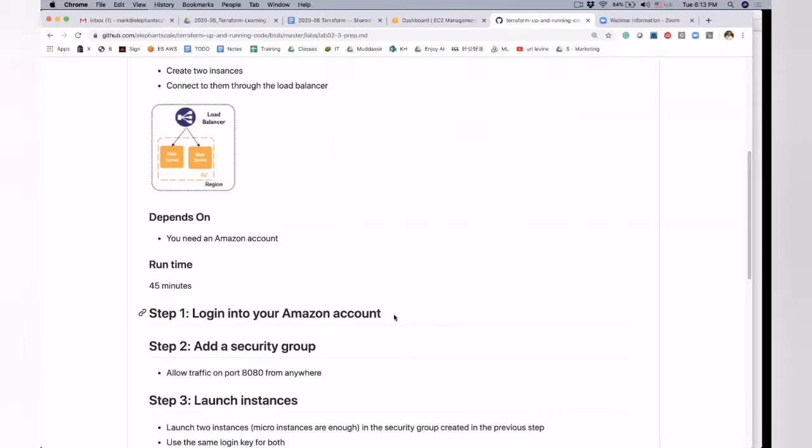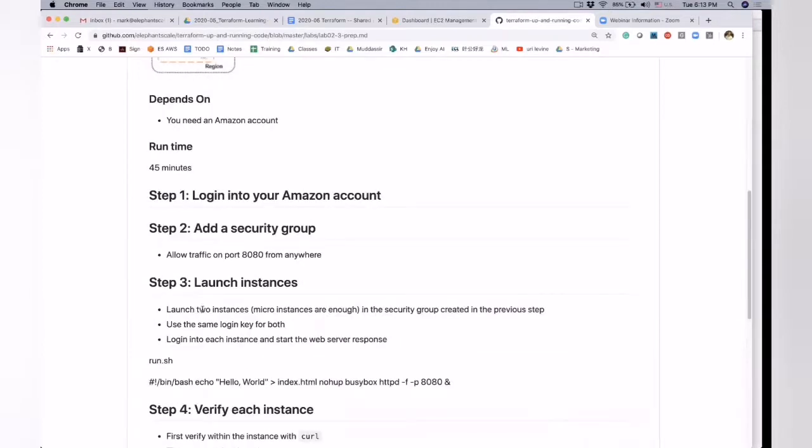Now, what I'm doing here is a more realistic lab than what you would get when, let us say, quick lab. I'm not giving you too much instructions. You know how to log in into Amazon account. Then I will also ask you to create a security group, which will allow the traffic on port 8080 from anywhere into our instances. Then we will launch a couple instances. And don't worry, micro instances at about 1 cent, I think 1 cent, maybe 2, 3, an hour are enough.